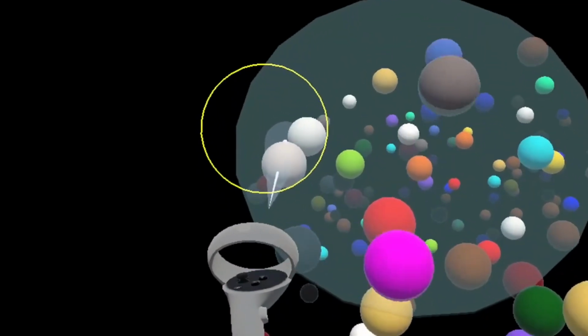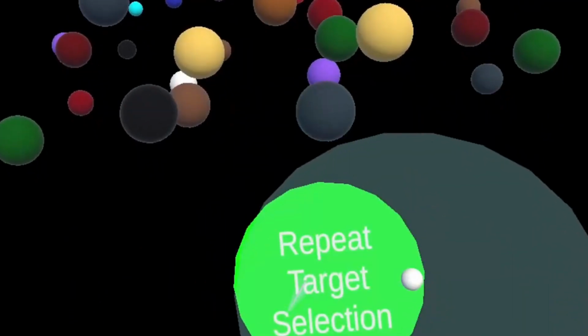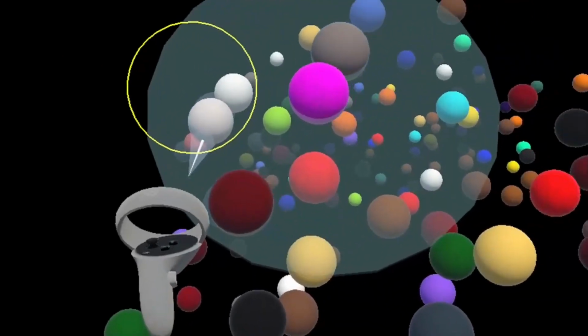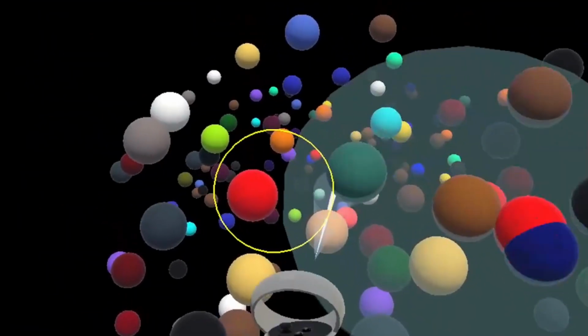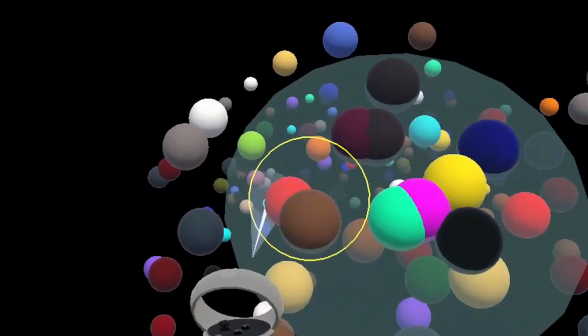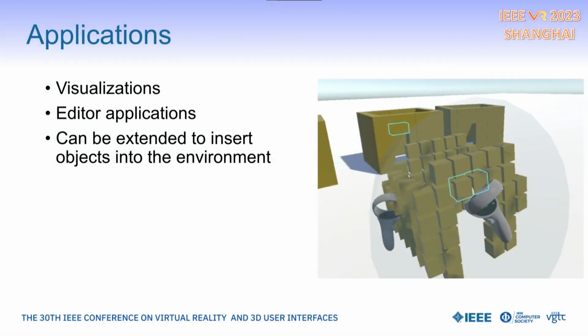These findings imply that both of our new techniques, cylinder PIM and disk PIM, can be effectively used for searching and selecting, and even though they require more steps to perform than other techniques, users did not report lower usability or higher load. Our techniques can be applied not only to selection with occlusion, but also to visualization. For example, in medical, chemical, or engineering visualizations, where it's important to preserve relative positions between atoms in a molecule or infrastructure parts. These techniques can also be extended to enable the insertion of objects into the environment, allowing